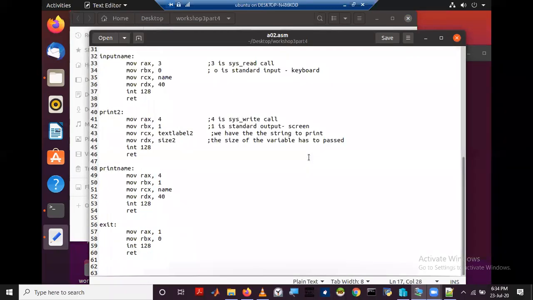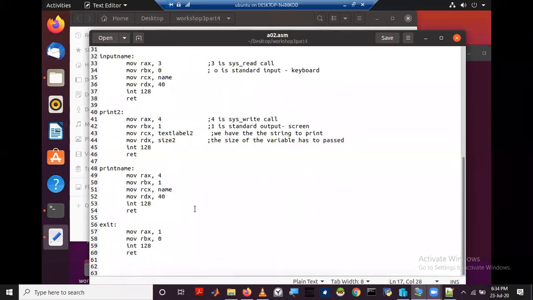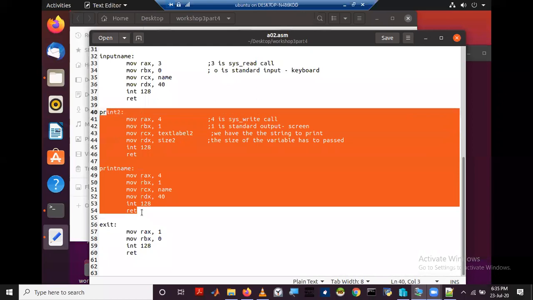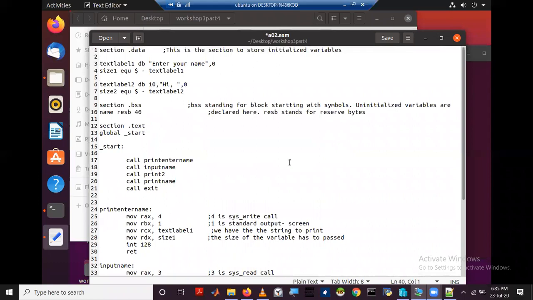So we are going to create a loop. This was the last program that we discussed. I'll keep this exit subroutine and delete 2 subroutines. I don't want this variable, so I don't have any uninitialized variable.